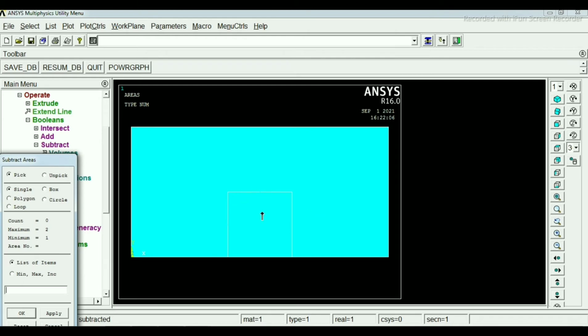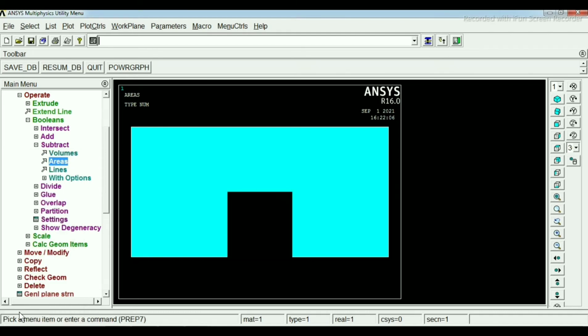Now the rectangle we have to remove, select this smaller rectangle and then click on OK. So the small rectangle has been removed.